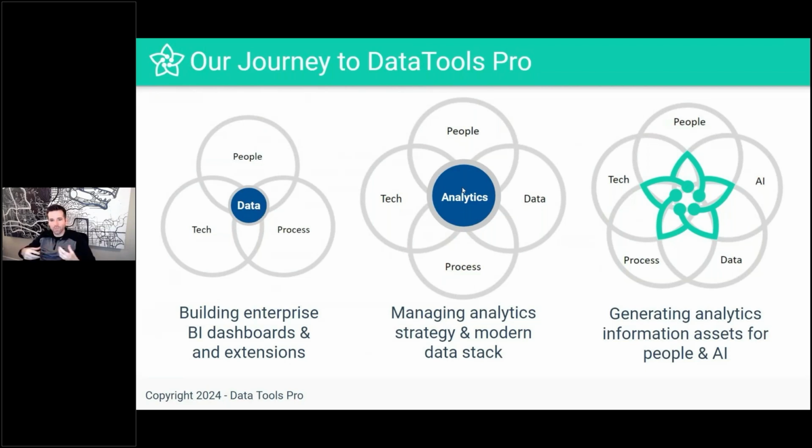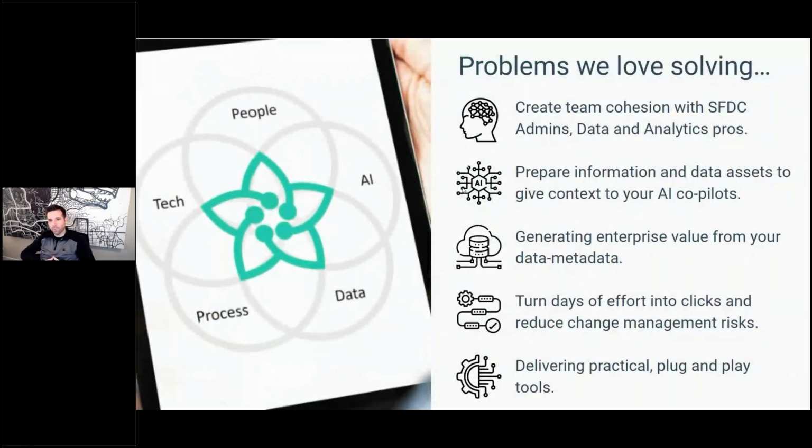And so that is really the background and the basis behind DataTools Pro, and also the way that we approach from a strategic standpoint, the questions we ask and the problems we solve, what we're doing here. And so when we're building tools and technology, it is people first. And so specifically what we're looking at is how do we create better cohesion between Salesforce teams and data and analytics and AI teams. And then as you work yourself around the ring, I don't have to rattle them all of these off. AI is obviously a core, not a capability or feature, it is core to our strategy.